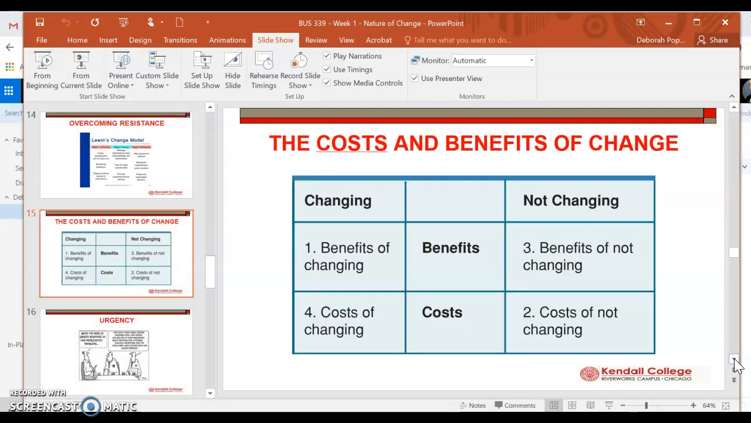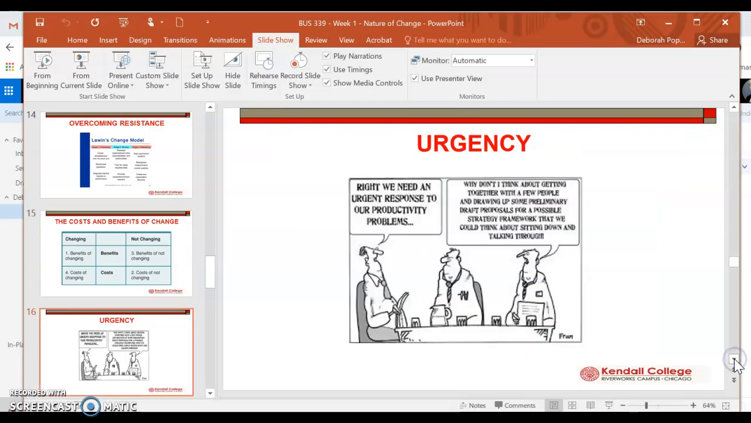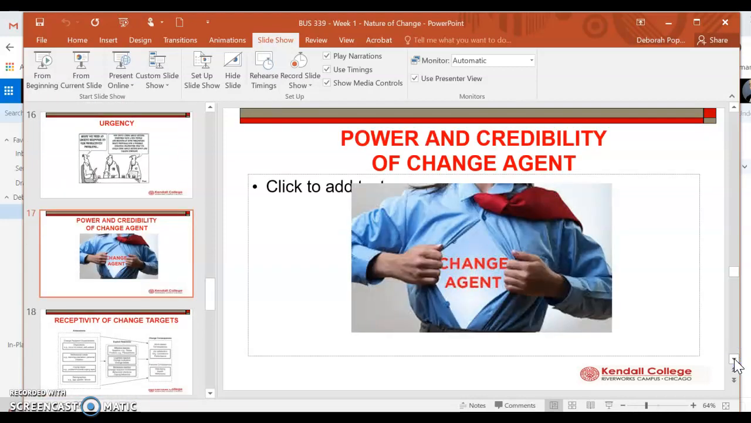to make an argument that helps people understand the potential benefits of that change, as well as the costs, because people overestimate the costs and underestimate the benefits. We'll also talk about urgency. How does urgency play a role? And here is where the leadership